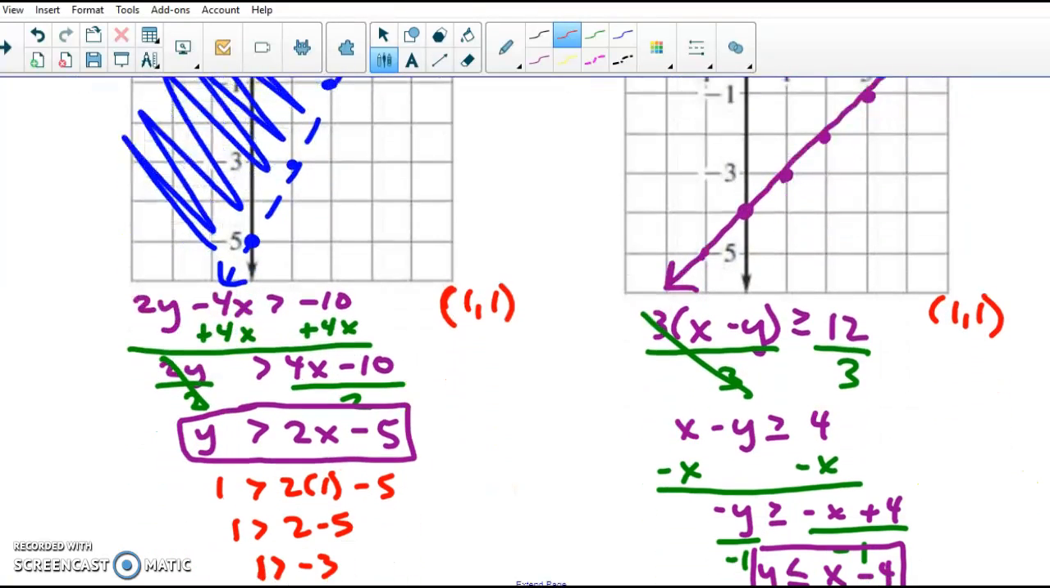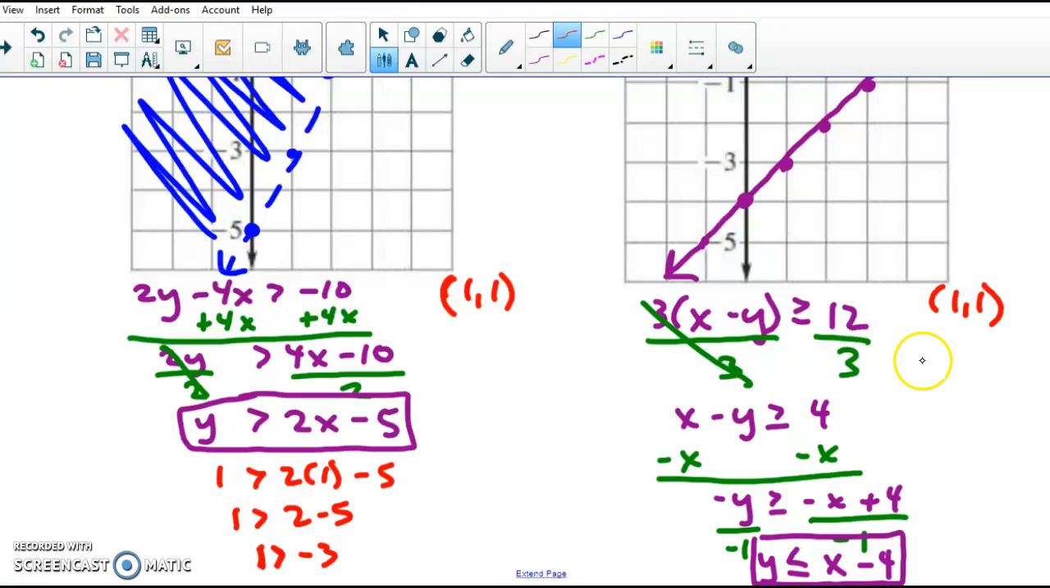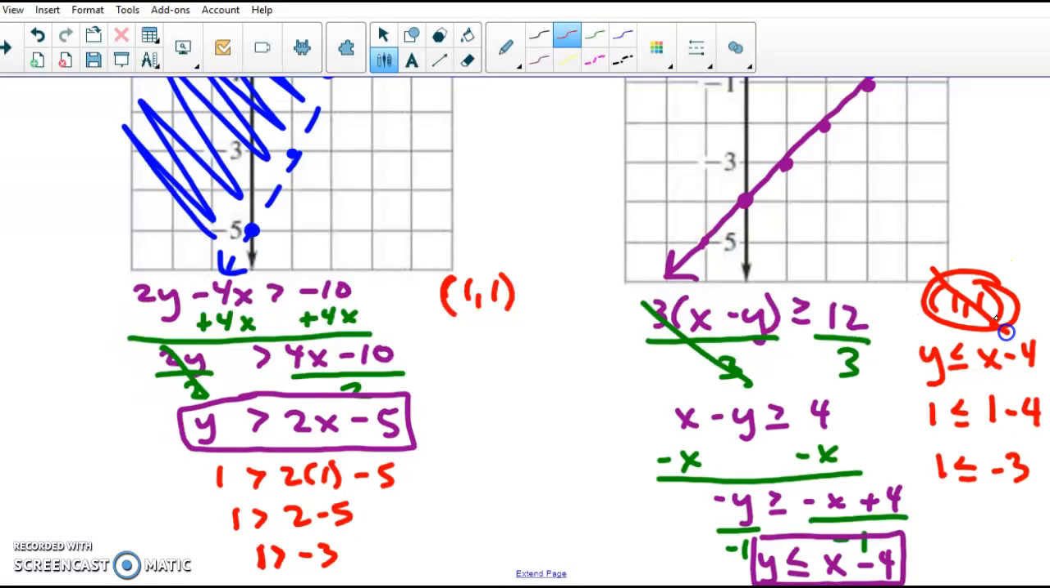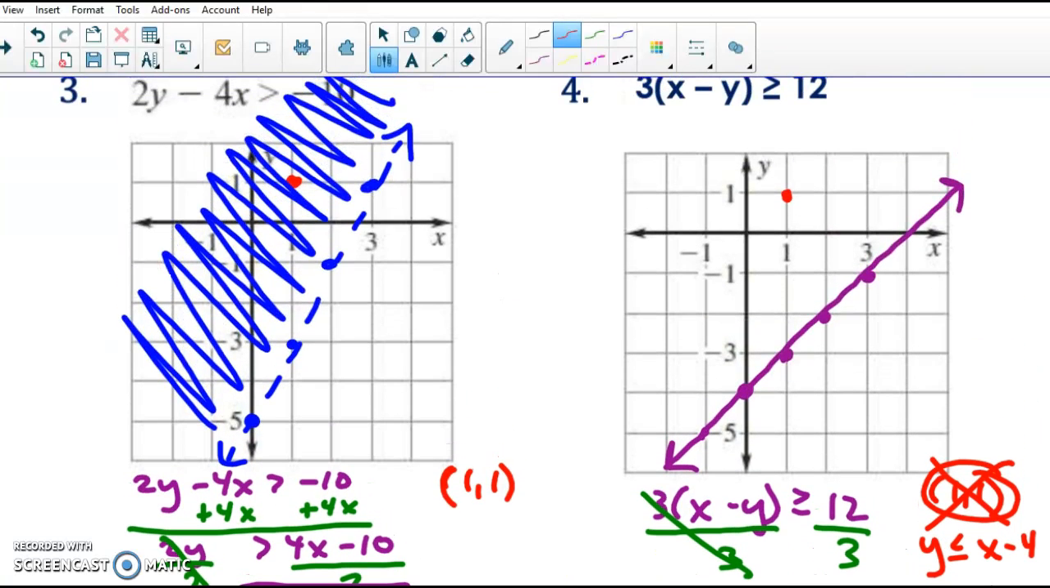So let me rewrite my inequality up here for us. I'm going to substitute 1 in for y and 1 in for x. 1 minus 4 is -3. 1 is not less than or equal to -3. So this point is not a part of my solution set. So what that means is that whichever half plane this point exists in is not my solution. So I shade